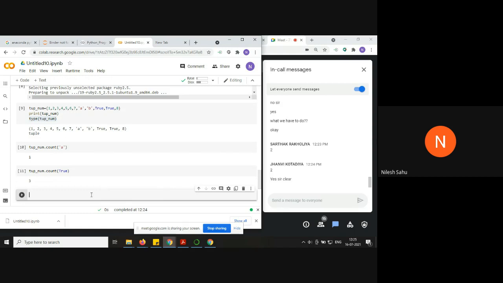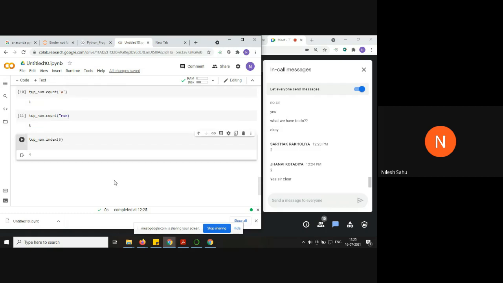Now another function is index. It is going to return the index of this particular value. It is going to return the first index of the value, so even if you have a repetition of the value, it is going to return the first index.